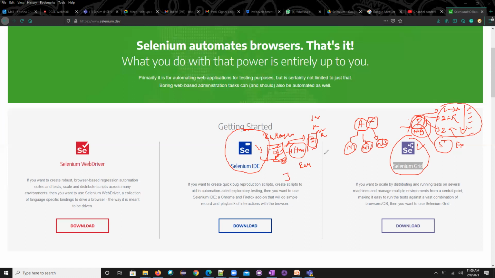We have 3 components: Selenium WebDriver, Selenium IDE, Selenium Grid. Previously, instead of WebDriver, we used to have RC. This was in Selenium 1, and we crossed Selenium 2, we crossed Selenium 3, and now we are in Selenium 4. That's the reason we don't have the concept of RC at all. When I was learning Selenium at the time of versions 2 and 3, we used to learn from the RC. But now we came directly to 2 and 3, so there is no point in learning the RC. We will completely waive it off.